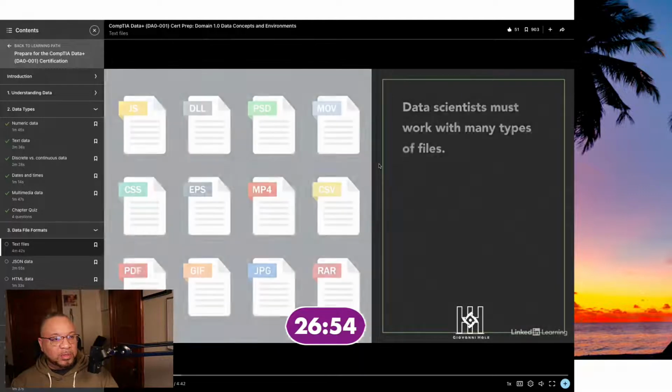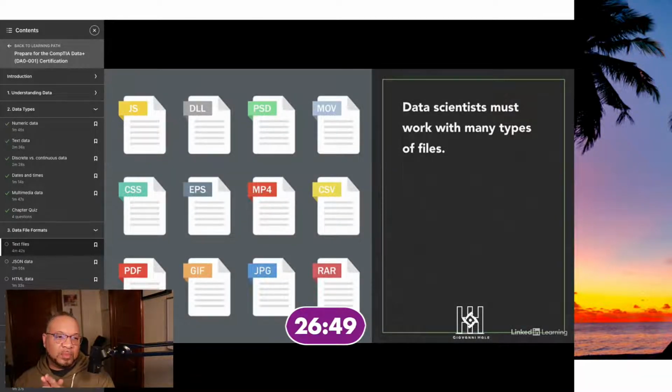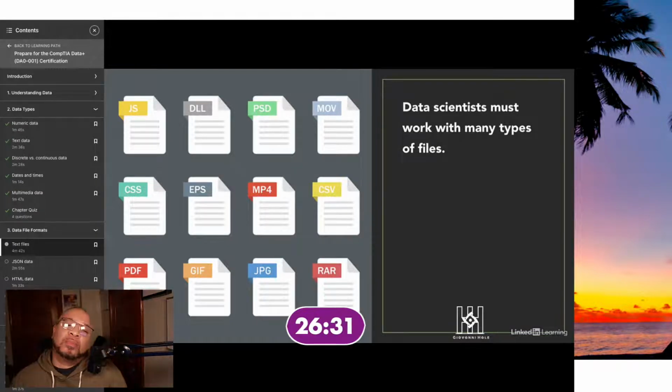Let's move on. Data scientists are often called upon to perform analysis on data stored in many different kinds of files. As a data professional, you'll need to understand the formatting of these files and be able to recognize them. Now, we'll begin our discussion with simple text files, or flat files. These files are simply text stored in a file on the disk with no specialized formatting. Unlike highly formatted files such as spreadsheets and word processing files, text files contain just that, text.